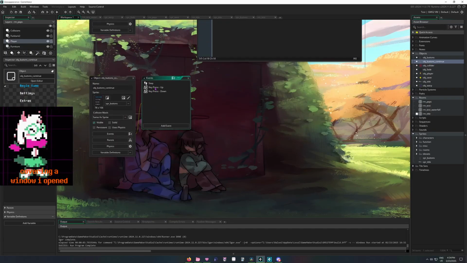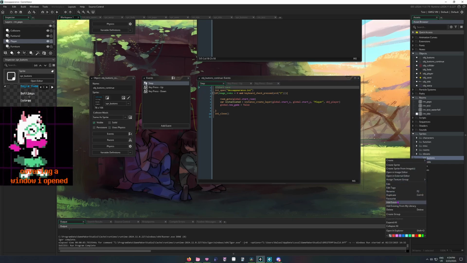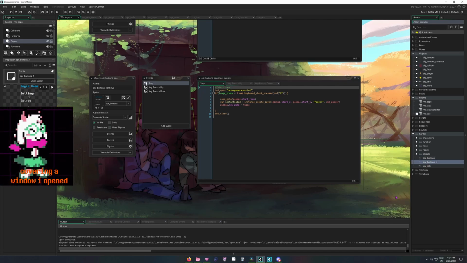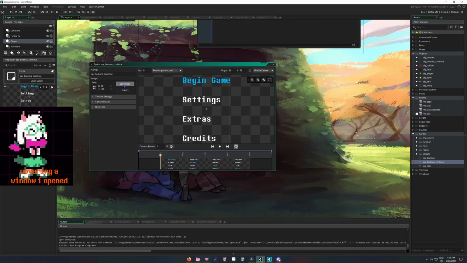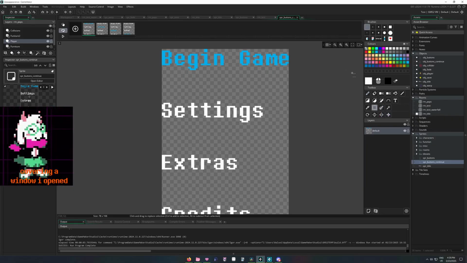Alright, let's open these up. Alright, and so now we just need to change the sprite and some of the code here so that we can have a reset button and change it from begin game over here to continue. So let's duplicate this here. We'll call it continue. Alright, so we'll go here, add an image, and so we can get our text tool and say